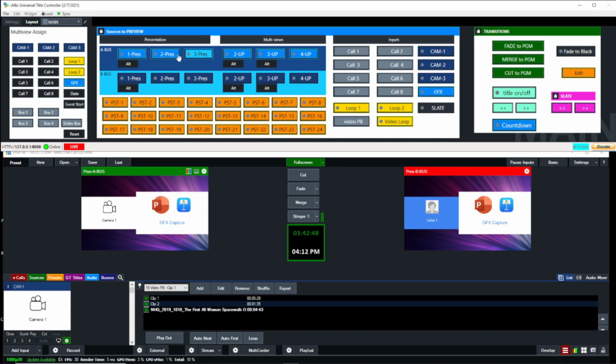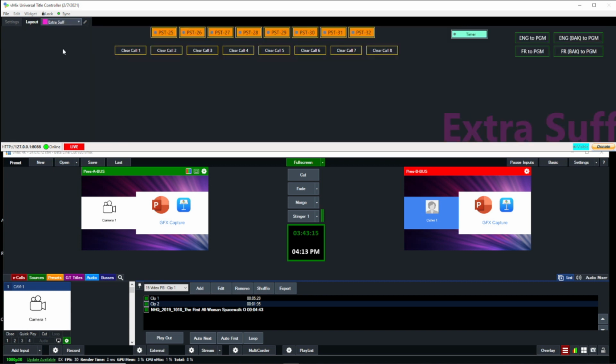as we like. Now, in the case where we know we want to use this layout, let's say this is our go-to layout, camera one and the graphics, and we're going to use that all the time, it might be an idea to save that so that we can use it over and over. And so that's why I created these PST inputs. I've created like 32 of these inputs. There's only 24 buttons shown here. I do have more buttons hidden away on a different page here. So there's some more of these here, but